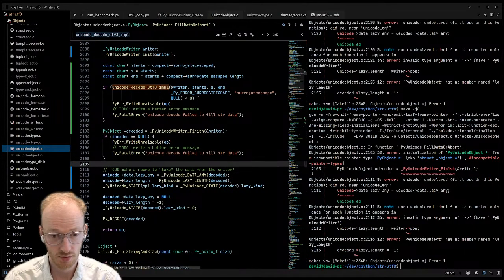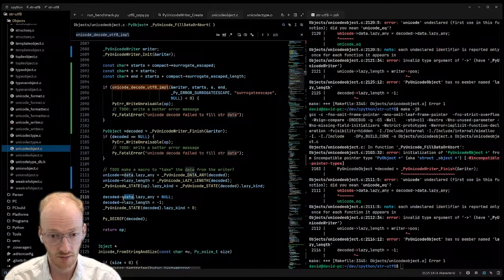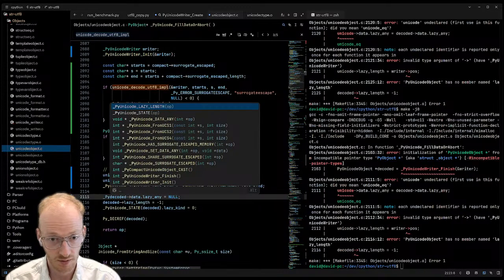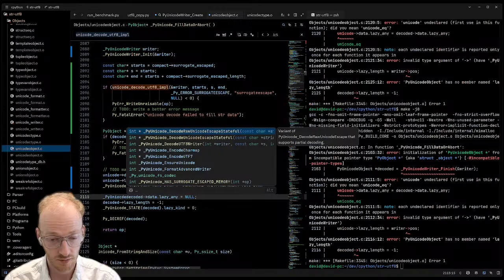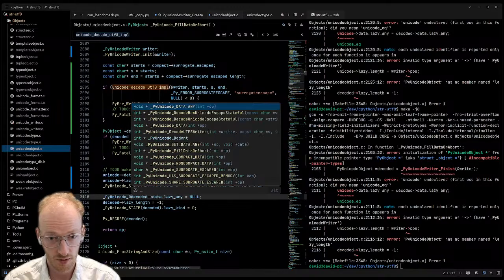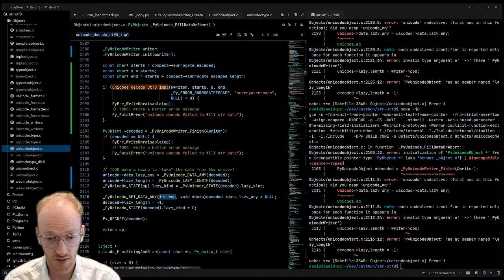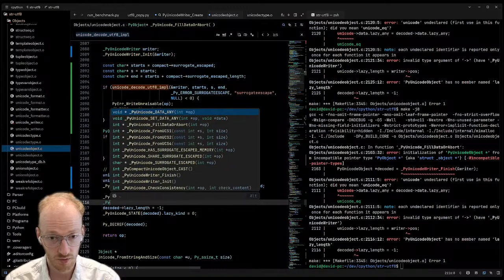That should work. And there again. Set data any decoded. Oh, gonna do the same thing for length, hopefully.